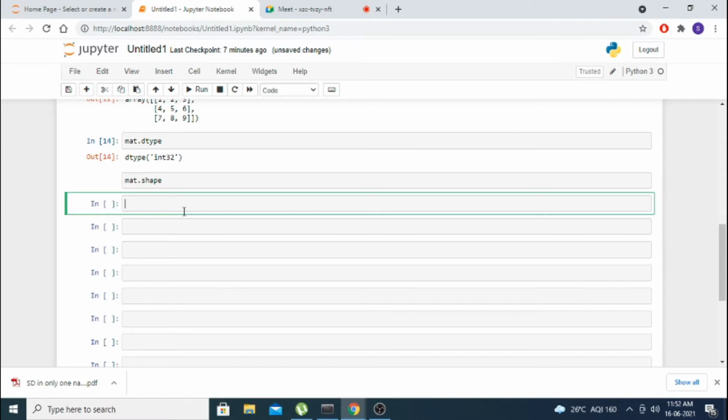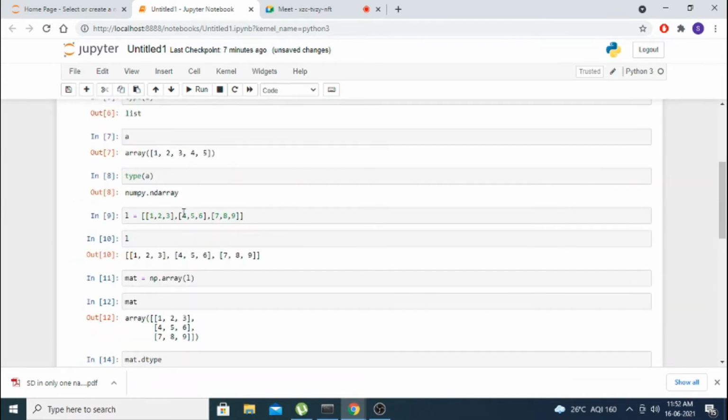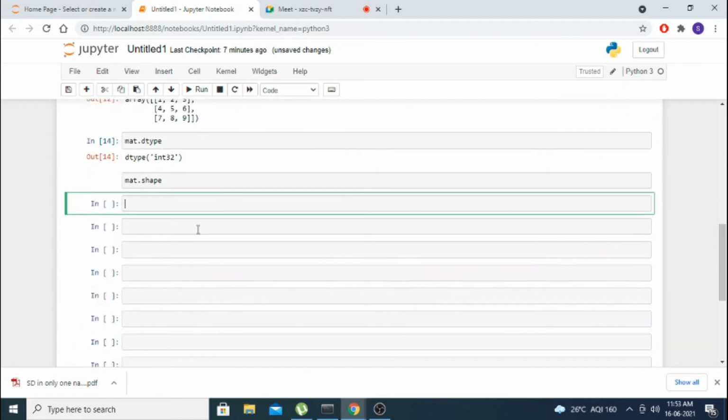Data are stored so that we can create a single dimensional array or a two dimensional array from a list. It is not necessary that we create a two dimensional array from a list only. Using random numbers, using the range function, or using the reshape function, we can also create a two dimensional array. I already taught you in the last session how to use the reshape function.